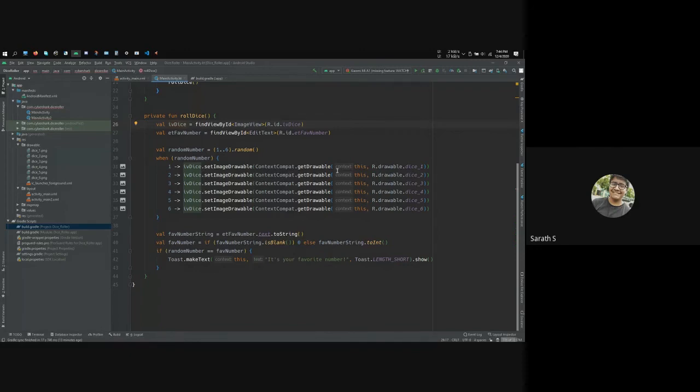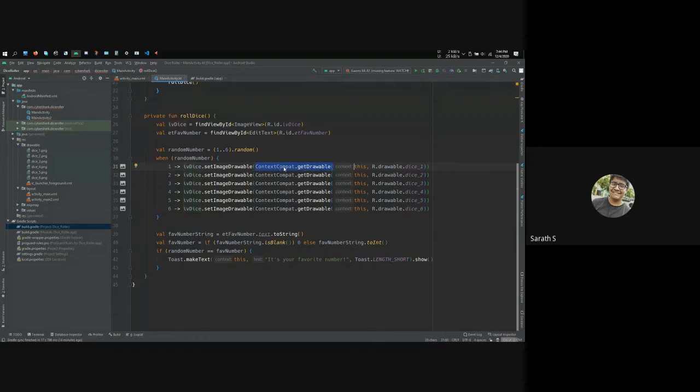There are easier ways to do this using libraries that I mentioned before. There are image loader libraries that could simplify. So you could just type, using another library, ivdice.load and just give the name for your drawable. That would be easier than this, right? But the default way to do this is using what's called ContextCompat.getDrawable. This is the function that you will be needing.